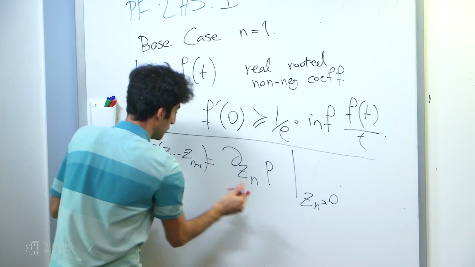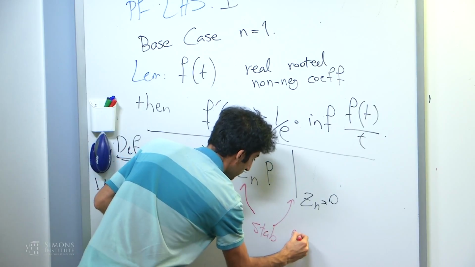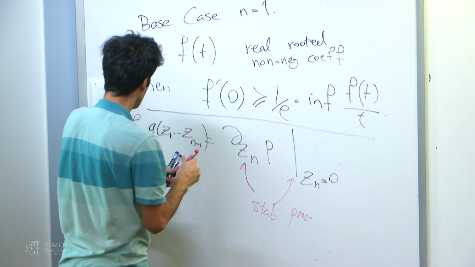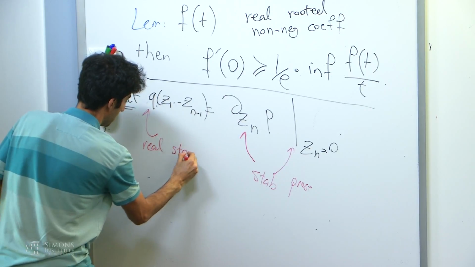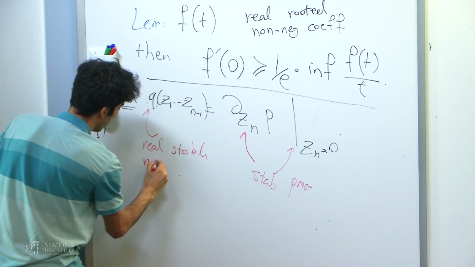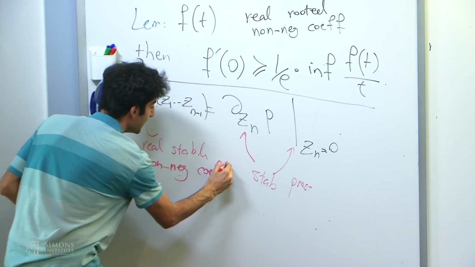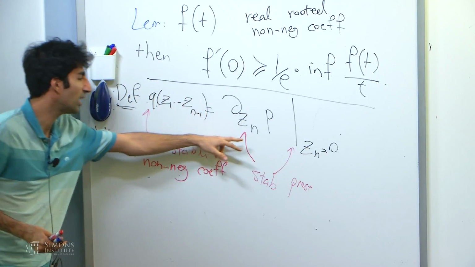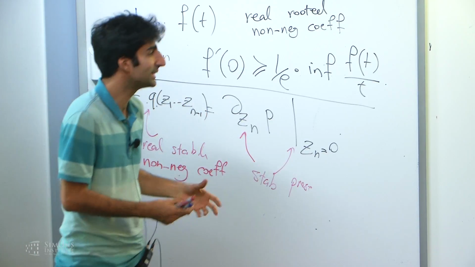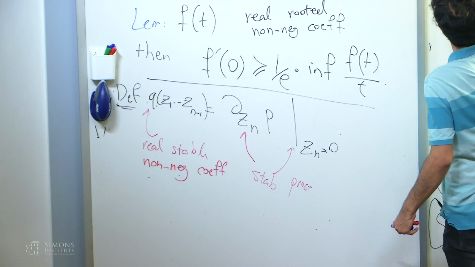So yeah, this and this are a stability preserver. So Q is real stable, and it has non-negative coefficients. This again you can easily see, because differentiation and plugging in non-negative values will preserve non-negative coefficients. So I can apply the induction hypothesis to Q. So by induction hypothesis,